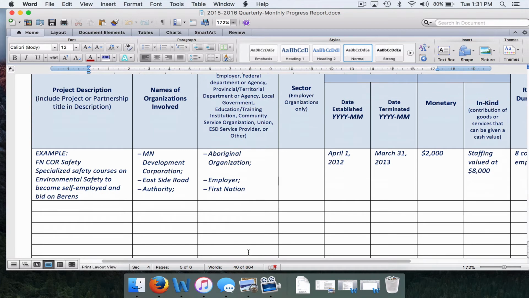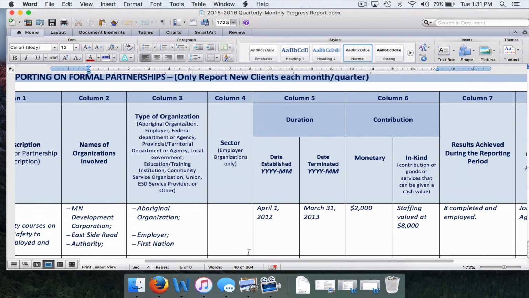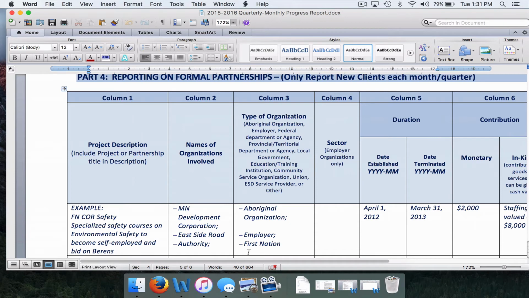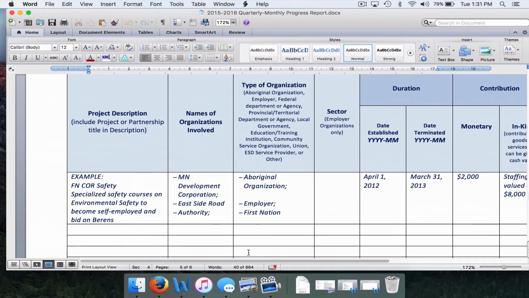So for example, you may have in here, there's an example provided in the documents as course safety, specialized safety courses on environmental safety to become self-employed. Column 2, you would put the names of the organizations involved. So it could be the assets program, perhaps you're working with Assiniboine Community College, Red River College, Robertson College, whoever is your partner in the delivery of